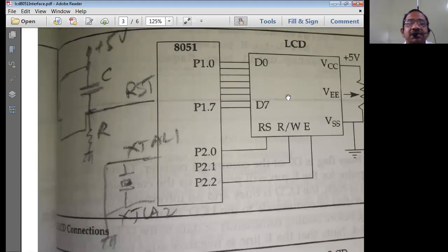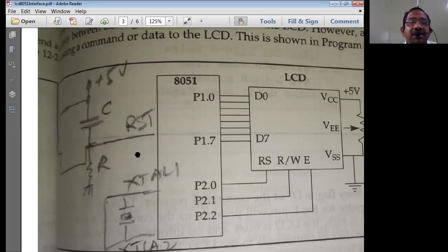Now, apart from this, for a microcontroller to operate, it needs a crystal oscillator. Therefore we use the crystal connection. And there should be a reset pin. That means by pressing the reset pin, all the registers should be reinitialized to their initial values. So we normally use a reset pin with a simple capacitor in parallel with a switch. This is nothing but a switch S. Using the switch S, we perform the reset operation.